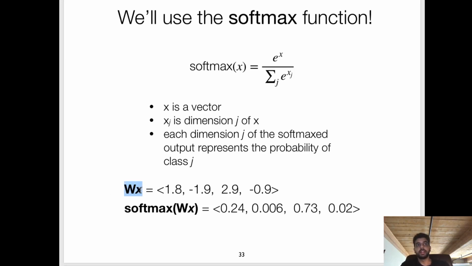So if you say the matrix vector product is equal to this vector, applying the softmax function to this matrix vector product gives us the following vector, where the first dimension is 0.24, so 24% probability for the word books, 0.006 probability for the next word, whatever that was, houses, 0.73 probability to stamps, and 0.02 to lamps. So obviously this is not a great prediction, right? It's predicting 73% probability of observing lamps given students open there, but this is just an example.